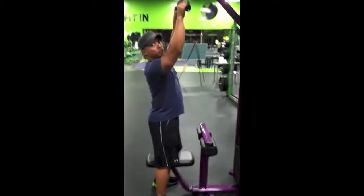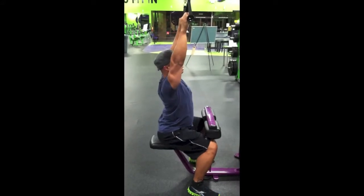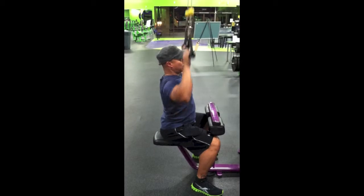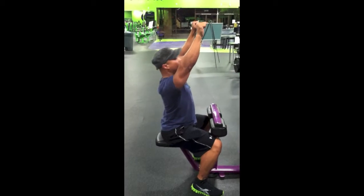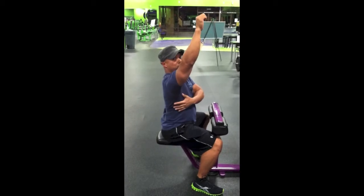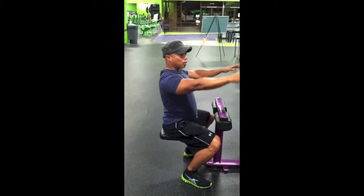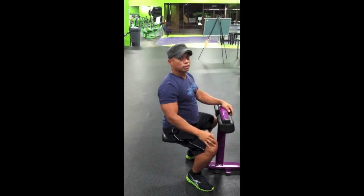Again, in the beginning, I'm not so much concerned with the weight. The weight is incidental. So, retract the scapula, back and down, and then elbows to the side. Retract and pull. Again, as they're doing this, I want the spine tight, shoulders up. I don't want them leaning back as they do this because I want the latissimus dorsi to be recruited down and back. And that, again, regardless of direction, so long as you can retract the scapula before you move the arm, the back is involved in the motion from the very beginning. And that's all